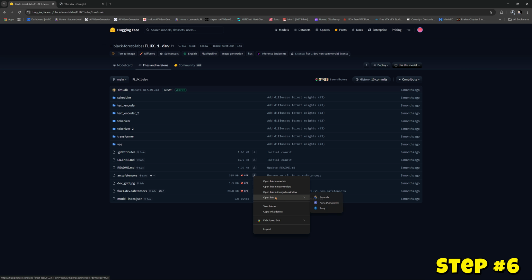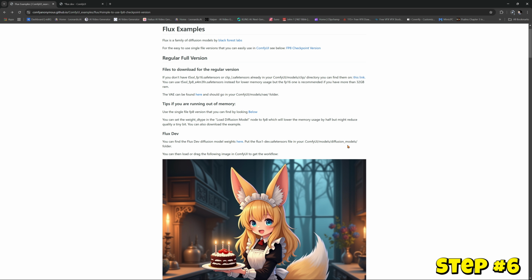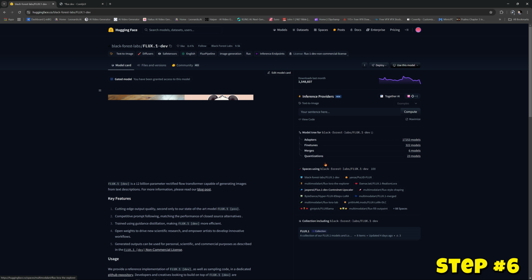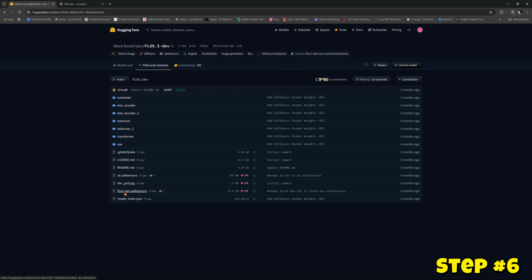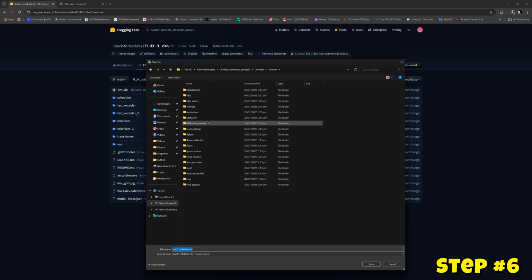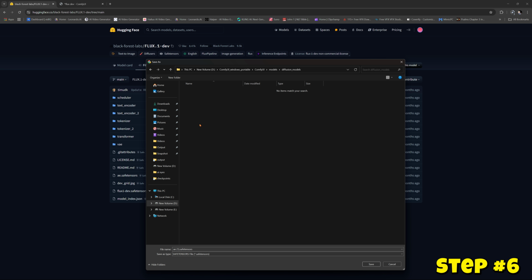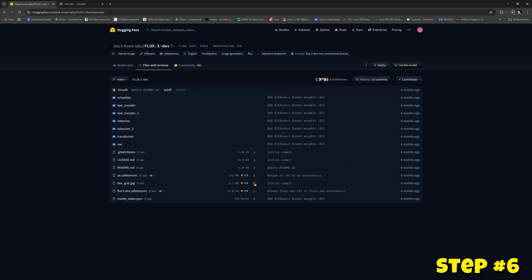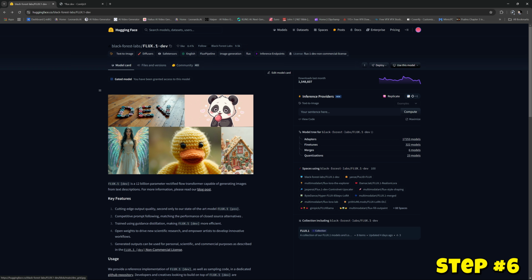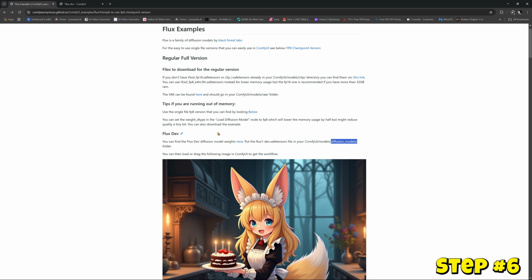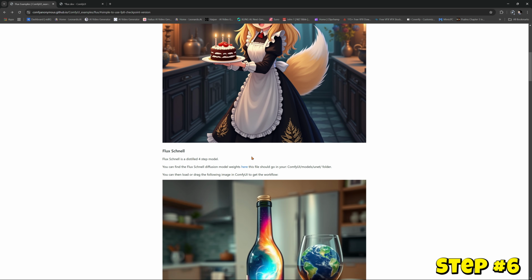I'm going to start here. And remember, these are going to go into your models folder, your diffusion models folder. So again, click here, files, and then we're going to go to save link as. We're going to hit models, and now we're going to do diffusion models. Save. I'm going to do all three of these. So now I have Flux 1 dev, which is their biggest file, going in. So now let's go ahead and go to the next one, which is going to be Flux Schnell,